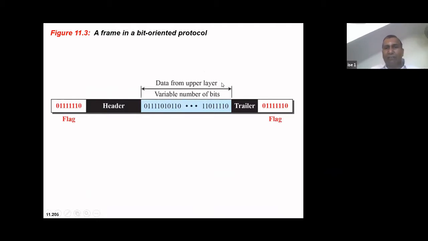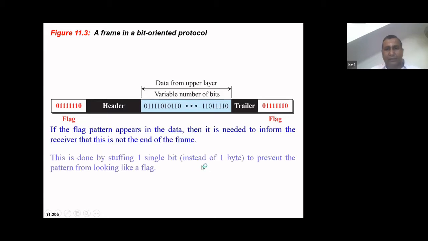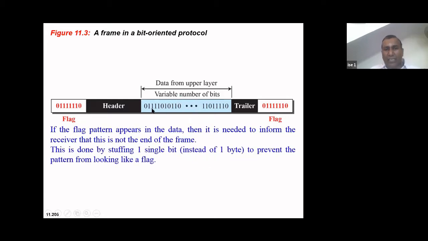This is the data from the upper layer, a variable number of bits. Here the flag is not part of the data, because the flag has been defined as 0 on the left side, 0 on the right side, and 6 ones embedded within.